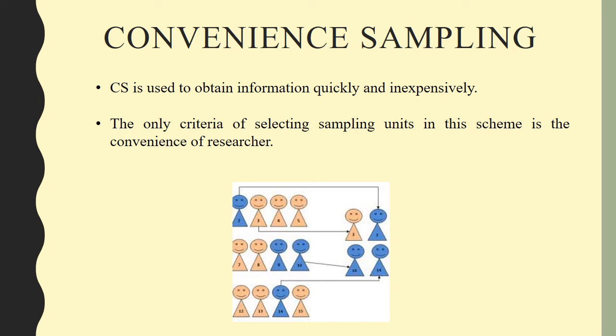Even people interviewed in a shopping center for their political opinion for a TV program is also a best example of convenience sampling. In all the above situations, if you can see, the sampling unit may either be self-selected or selected because of ease of availability. So no effort is made to choose a representative sample here.